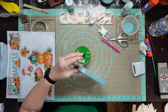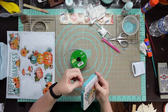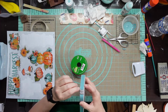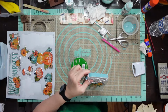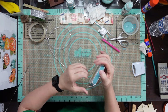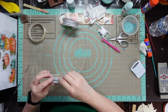So I'm going to start gluing on every little corner here around that side. And I got to hold it, and I'm pulling tight. I'm just pulling tight. So I'm going to tack it, and I'm going to keep tacking until I get around to the top. Then I'm going to start gluing to the string and the top. I'm just going to go around, and I'm going to keep going around and around and around until I get